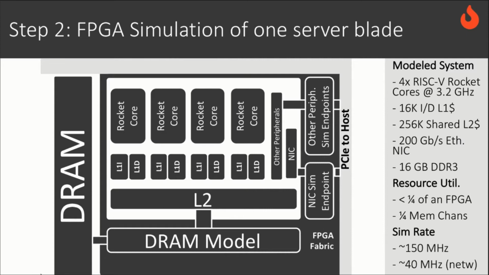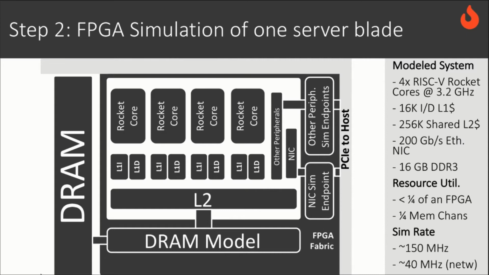the FPGA fabric. So the DRAM that you see on the left-hand side is the real physical DIMMs that are attached to the FPGA. And then we have a model sitting in between our real target design and the actual DRAM providing capacity so that we can model DRAM performance correctly. And then we also have these endpoints that model other sorts of IOs. So in particular, the NIC simulation endpoint is in charge of shuffling around tokens to maintain a globally cycle-accurate network